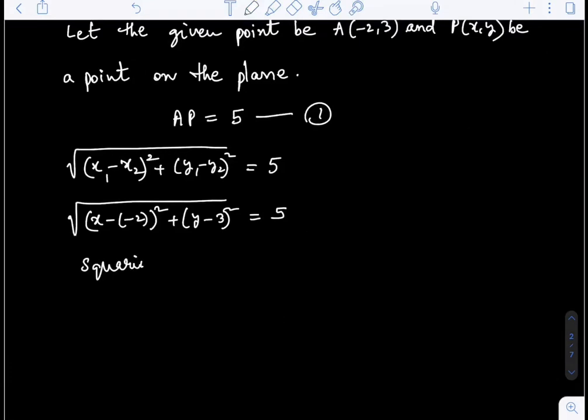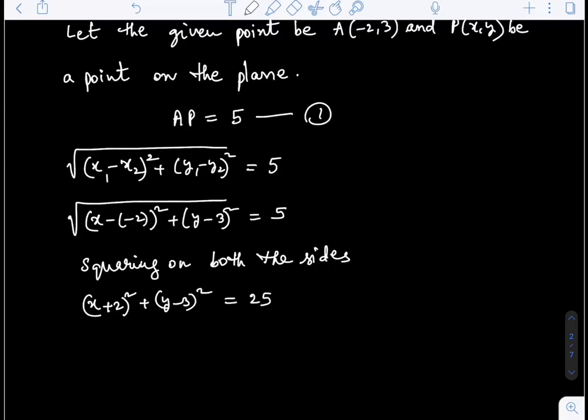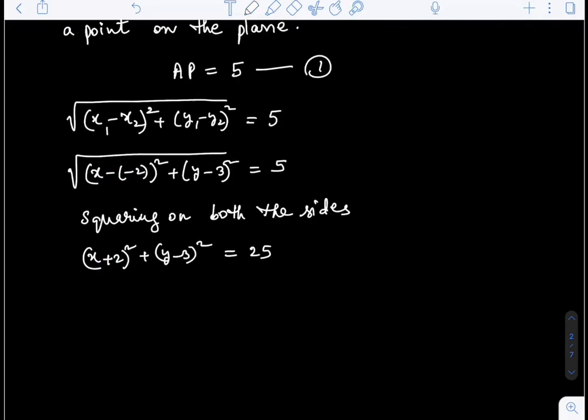Squaring on both the sides. Then what happened? It will become x plus 2 whole square plus y minus 3 whole square is equal to 25. That is, root will be cancelled with the square when we do square. So don't put the root symbol in the step. And also this 5 is squared, means 5 5 is 25 should come. Here minus into minus will become plus. So after simplification,